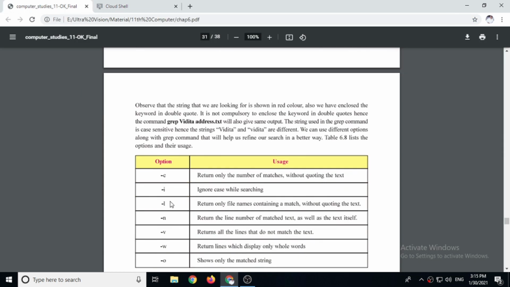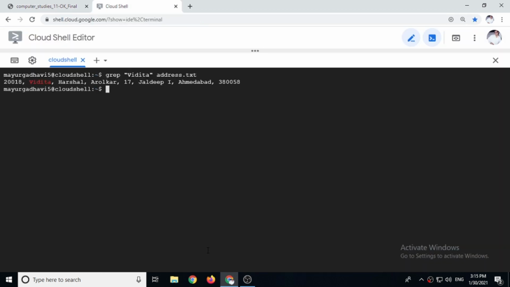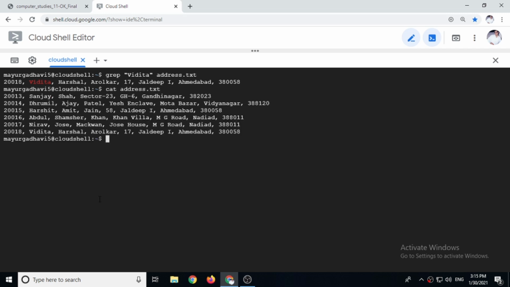Now there are several options available in the grep command. One is -c. -c returns only the number of matches without quoting the text. Here c means count. So let's see. In the output, let's see where the word Vidita is written. Here in this output, you can see at the last line the word Vidita is written.